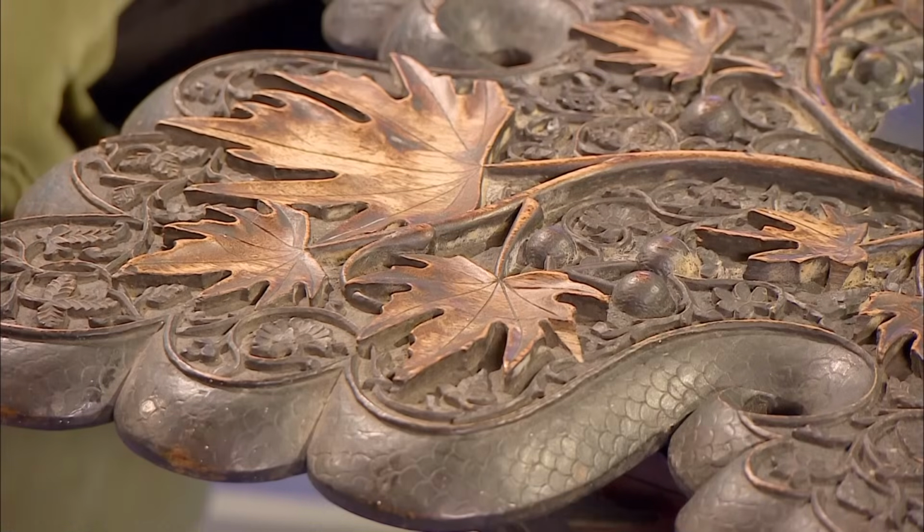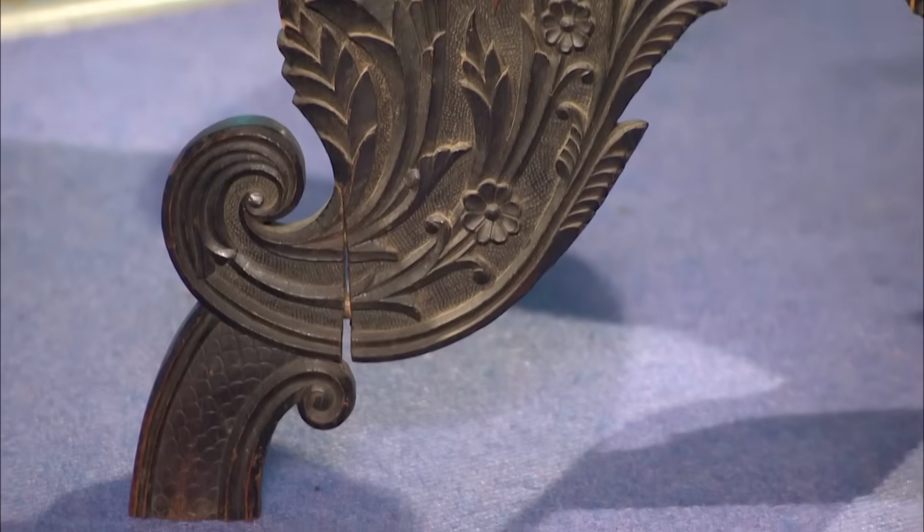What's special about the table? I think all the carving. I think it's absolutely marvellous. They don't carve like this. This was hand carved. And it does all come to pieces, doesn't it? Yes, it does. So the legs come off and fold, so it is quite an intricate...